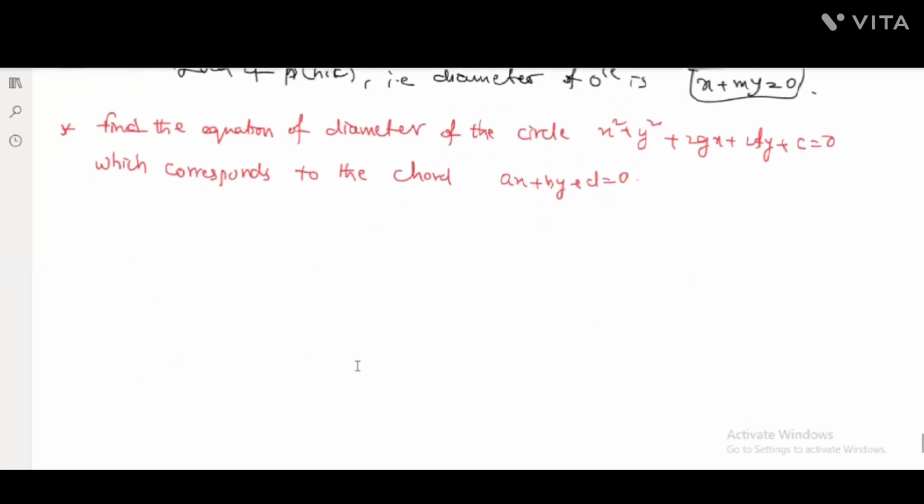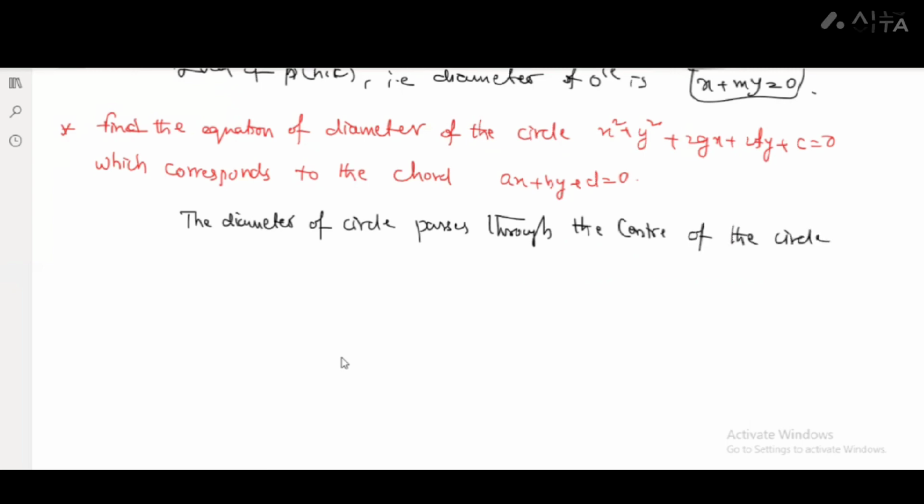So let's see how to find the equation of diameter. The diameter of a circle always passes through the center of the circle. We know that the diameter of a circle passes through the center of the circle, and is perpendicular to the chord